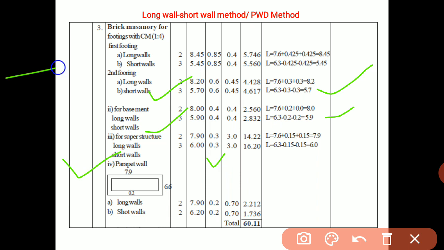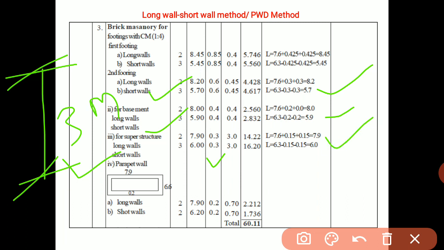And what is the floor to floor height? Floor to floor height is 3 meter given in our section, and also it is standard value. And if in our numerical we don't have the standard value, we'll take it as 3 meter or 3.2 meter max. So anything not given in the plan or section, you can assume the standard cases. So this is done for the superstructure.